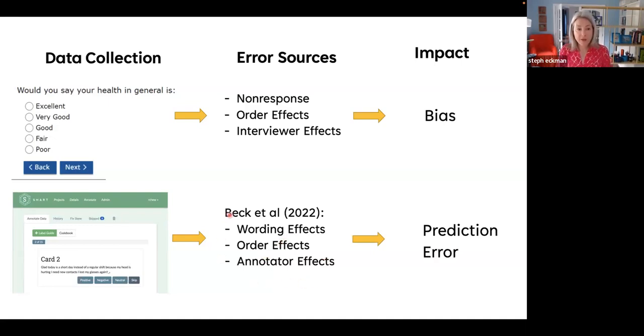We know that these kinds of effects can occur in annotation or in labeling. I'm going to use those two words interchangeably. But what we're really interested in perhaps is what that does to the models that we train. Would we train a different model because of these wording effects and order effects and annotation effects? And so this is the piece that I'm going to concentrate on today and that we're doing in this new research project. I should say this work was presented recently at APAR by my co-author Jakob Beck, and we are working on a paper and we should have that done by the end of the month.